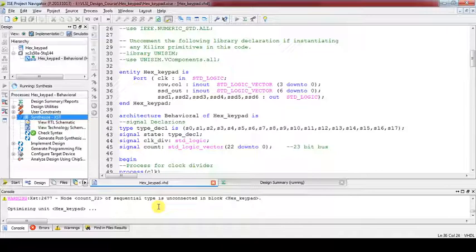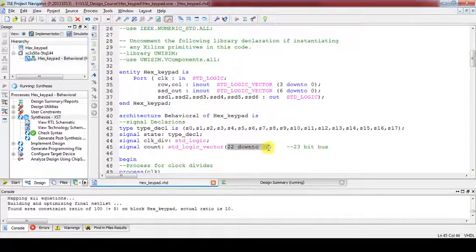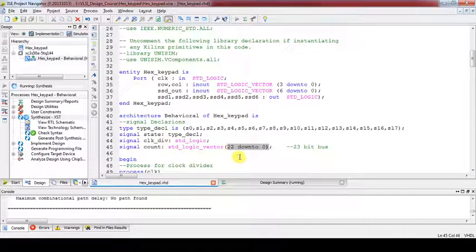It may throw a warning because we are not using all the values of this count signal, so unused values may throw warnings, but usually warnings will be avoided, or we will try to minimize the warnings in detail in future.